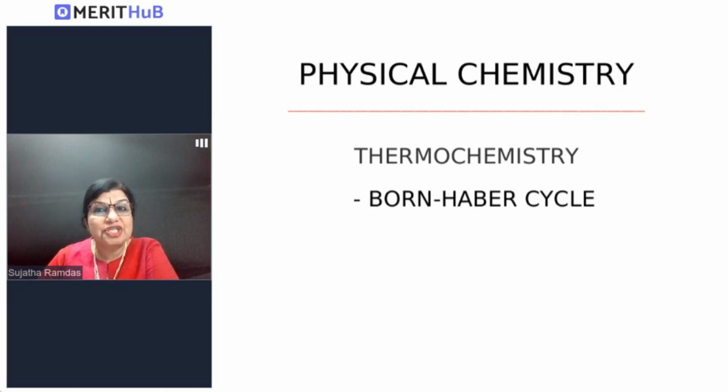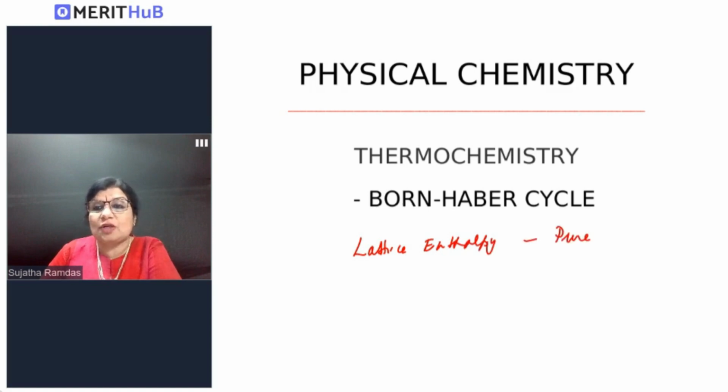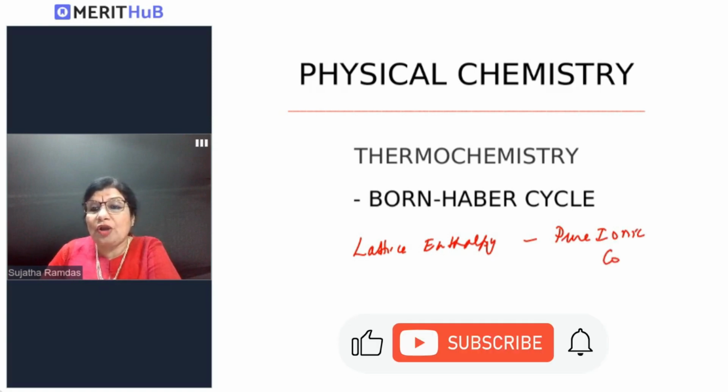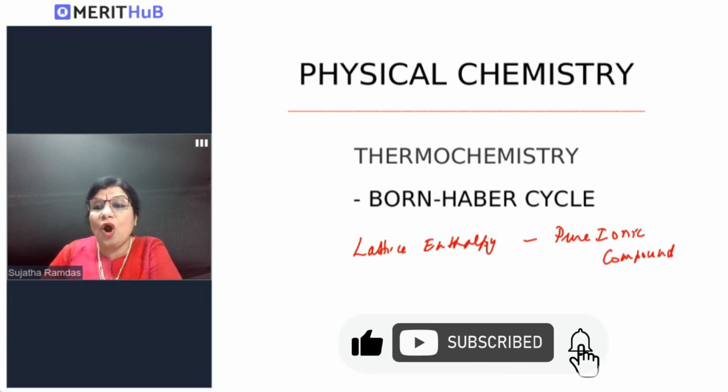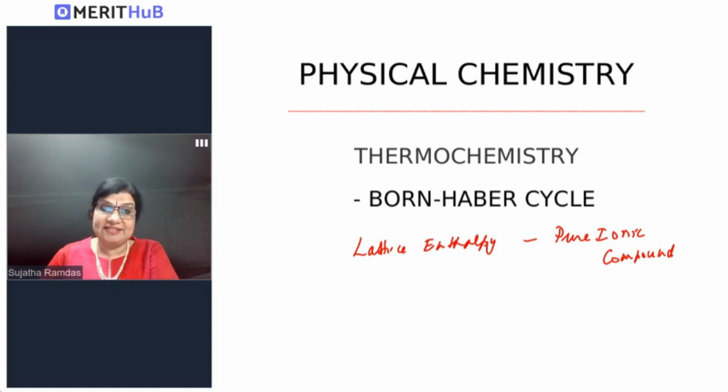Let's do a quick recollection about the significance of the Born-Haber cycle. Born-Haber cycle is used to determine the lattice enthalpy of pure ionic compounds. What do we mean by pure ionic compounds? The ionic bond should have a difference in electronegativity greater than 1.7 or 1.8. Some ionic compounds show covalent characteristics, so that will result in a difference in their lattice enthalpy values when experimentally determined. Coming back to Born-Haber